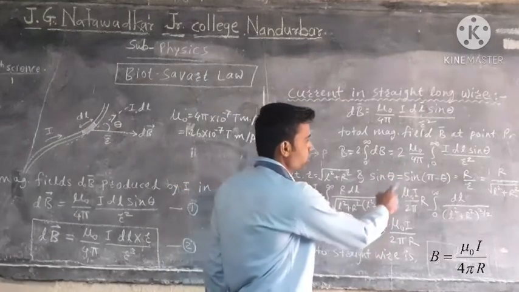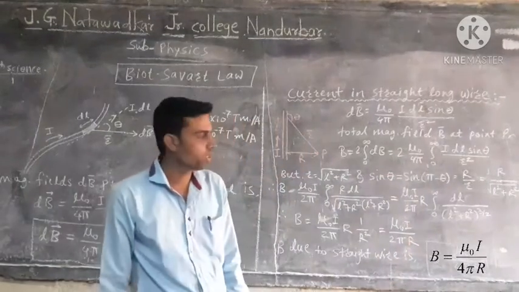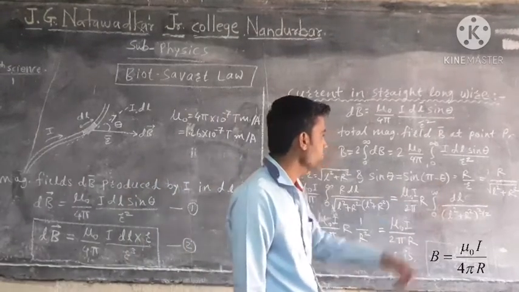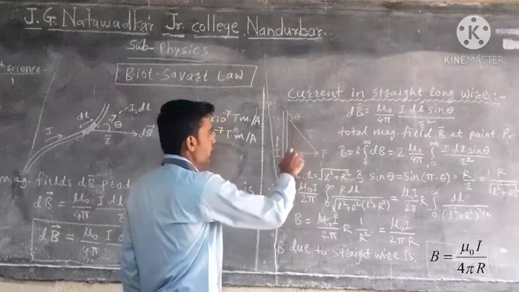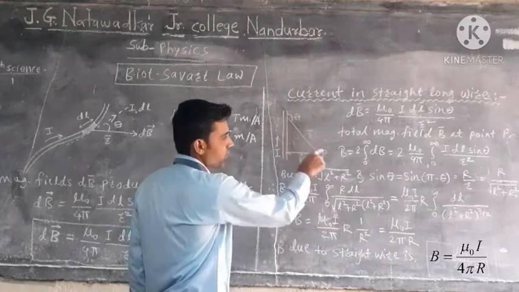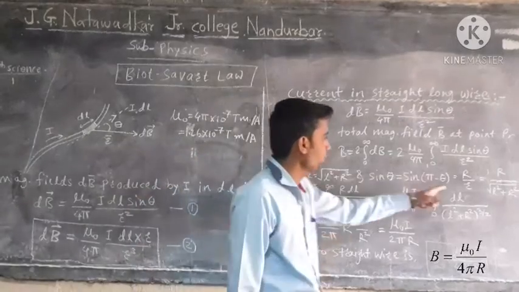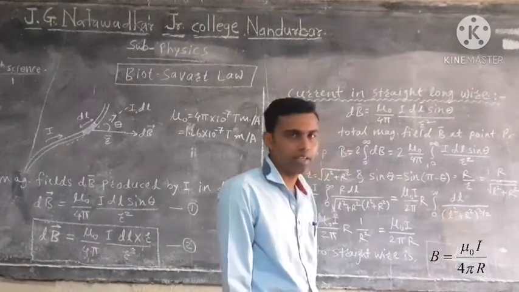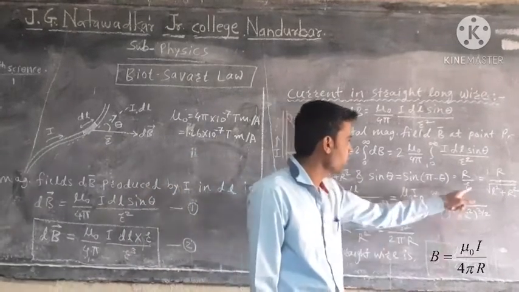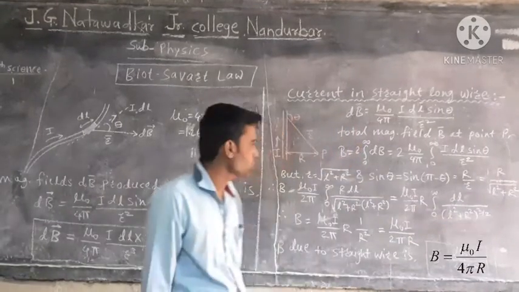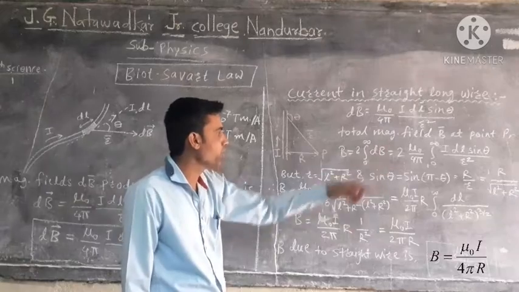Also, sin theta is equal to sin pi minus theta. Okay, this is a standard identity of trigonometry. Also, sin pi minus theta or sin theta can be taken as R upon r. Okay, opposite side upon hypotenuse. The value of sin in a right angle triangle can be written, and the value of r is replaced by this value, under root L square plus R square. So we have to put that value in our equation.